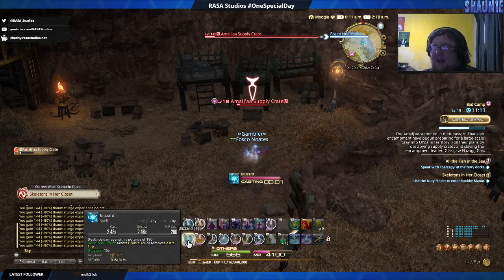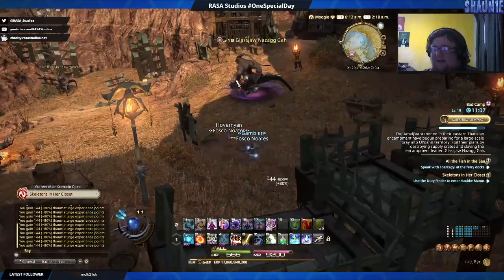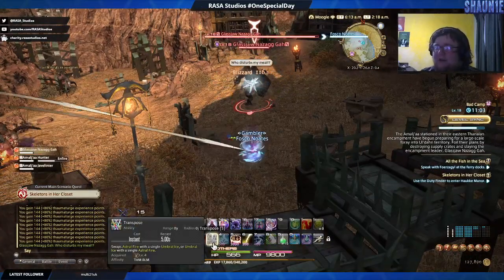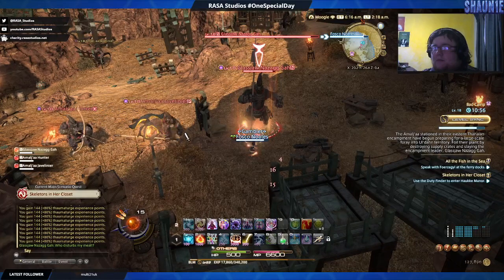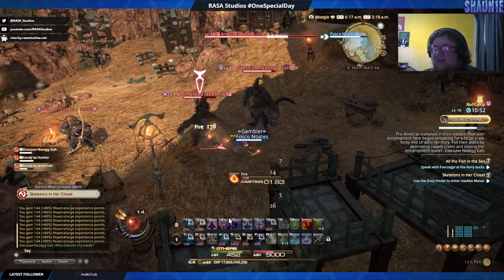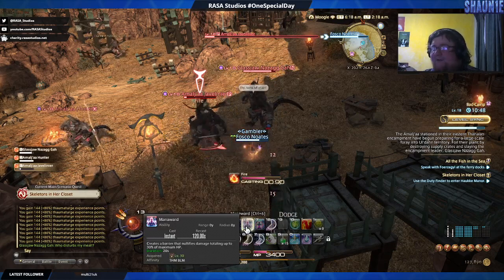Similar abilities I have Blizzard, which makes an ice effect. I have Fire, which makes a fire effect. I have Transpose, which lets me swap the ice orbs for the fire orbs. Okay. Some other cool things I have are Mana Ward, which means I can make a shield with 30% of